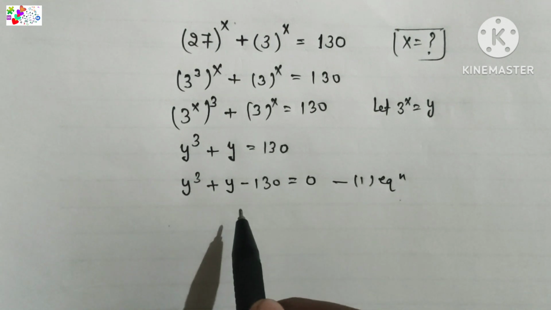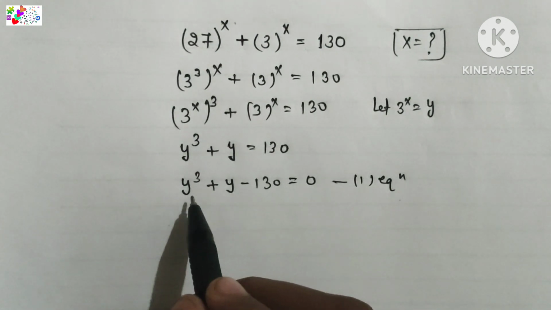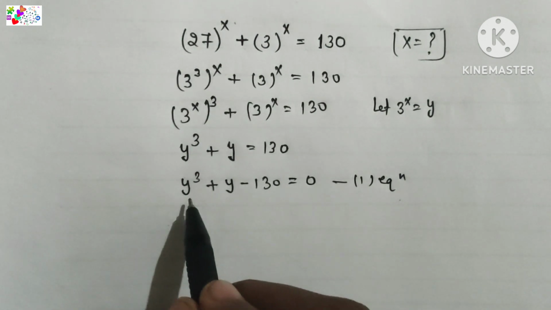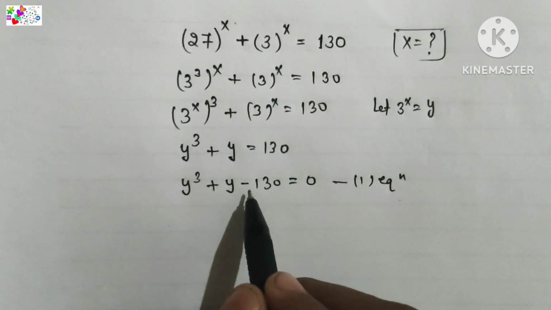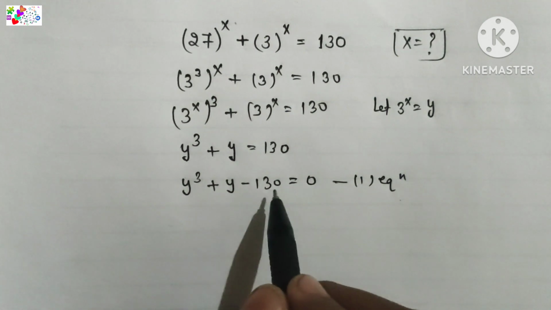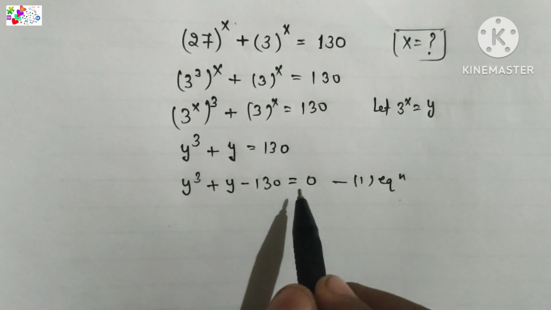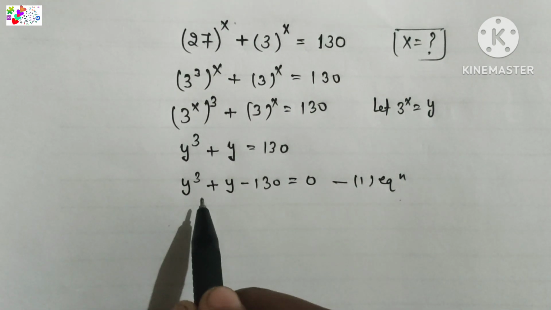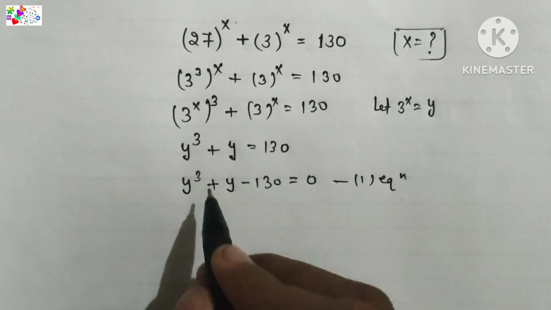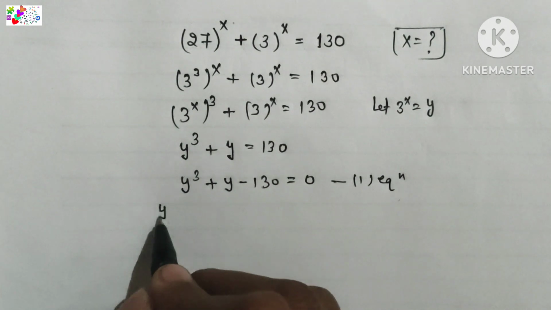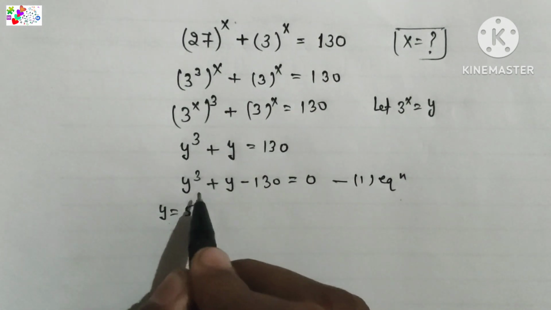So how to find the y value? I will substitute y as 1: 1 to the power 3 plus 1 minus 130 is equal to 0. This does not satisfy the equation. When I put 2, it also does not satisfy. When I put y is equal to 5,